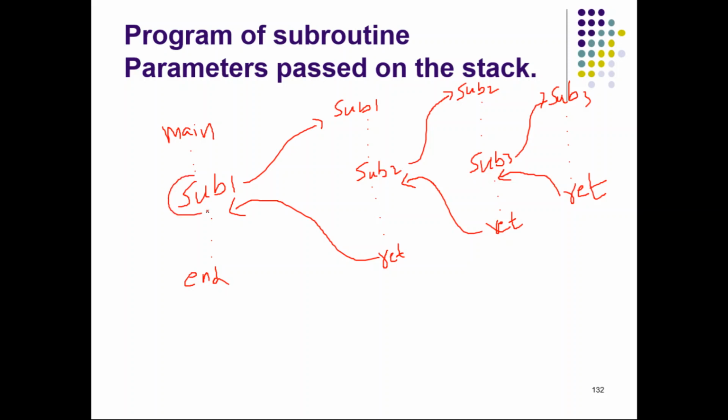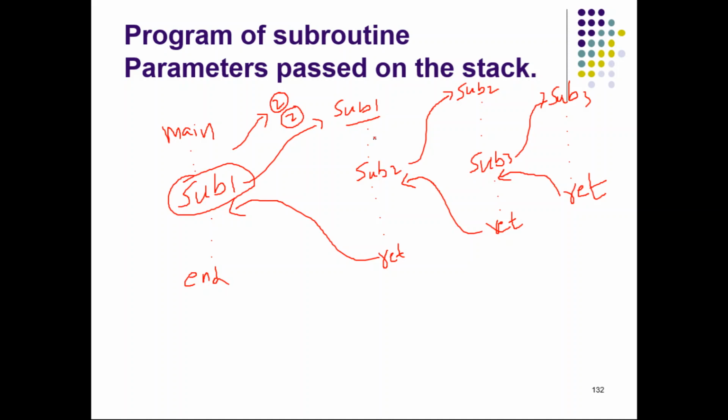Now the main program may pass some parameters. Say it wants to pass two parameters, then these two parameters should be pushed into the stack. Say subroutine 1 wants to use two registers, R0 and R1. Before using R0 and R1, it doesn't know whether the main program is also using them. It may be using them, in which case it cannot overwrite R0 and R1. So before using them, subroutine 1 should push R0 and R1 to the stack. Are you getting? Okay, right?